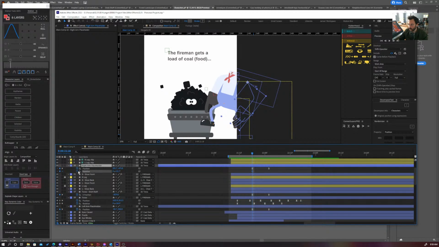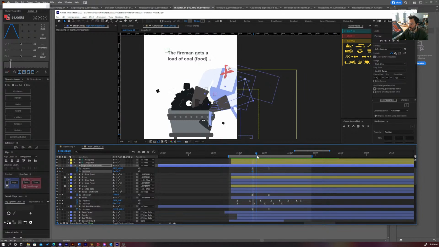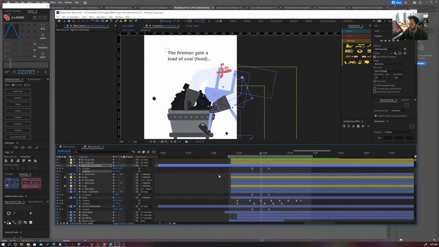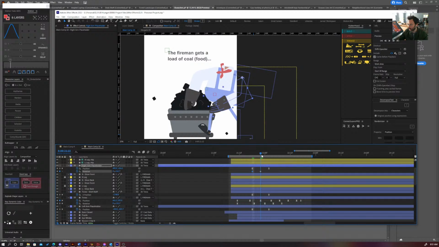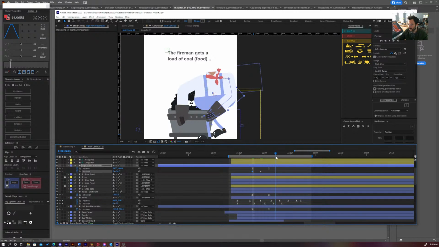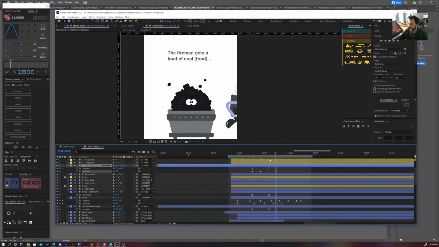So if I hold down, let's just really exaggerate this, you'll see that the arm is moving in this direction, in the left to right direction. So the way that the rotation would animate, it wouldn't follow exactly. It would actually lag behind first. So we'll have it here, this will be its starting position, and then as it animates, it'll sort of turn like this and then go into this position here. So if I just play that back,